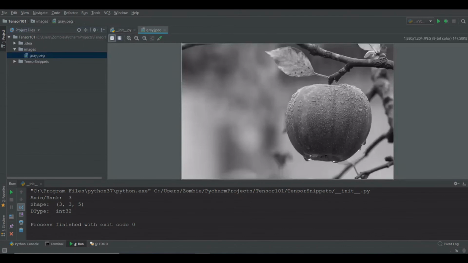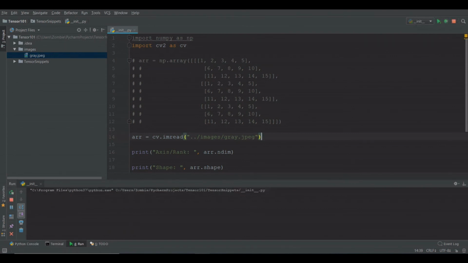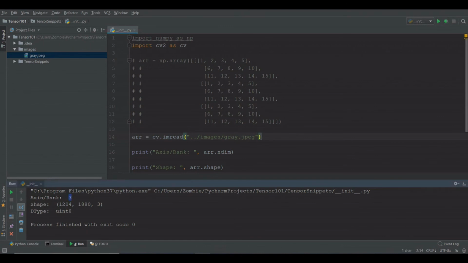And we have this image along with us. And try to find the same attributes for this image. Let's run it. So you can see that image is a tensor of rank 3. The shape is a tuple of 3 integers which represent the height, width and the color channel, which is 3 in case of RGB images.